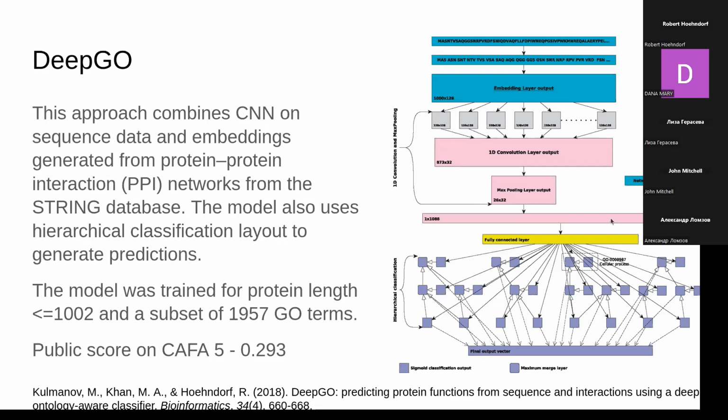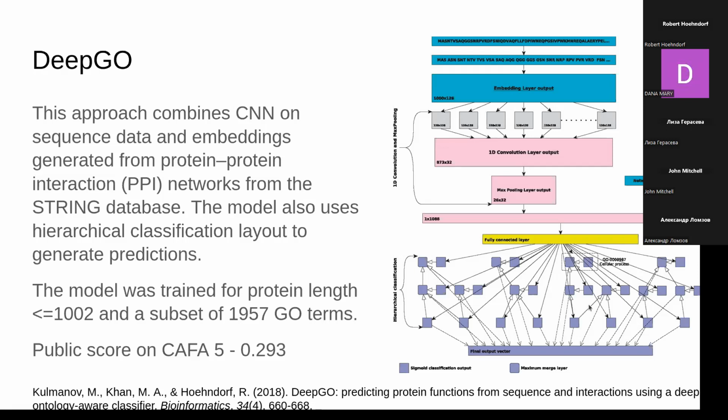But the drawback of this layout is that it has a rather complex organization. It was trained for a subset of about 2,000 GO terms, so we cannot train it for all the GO terms, about 40,000,